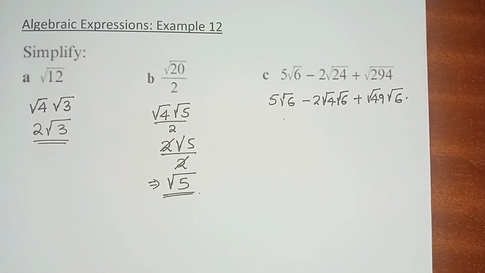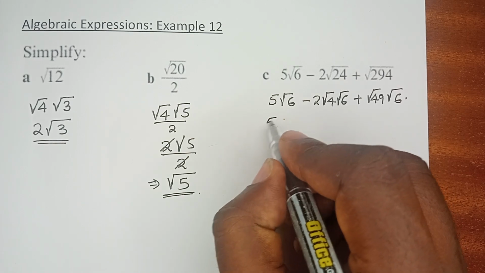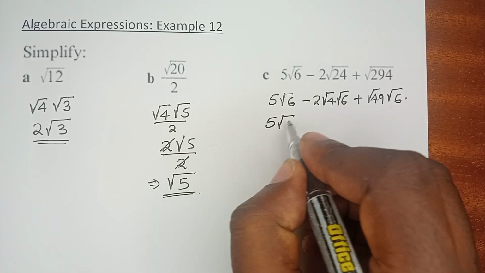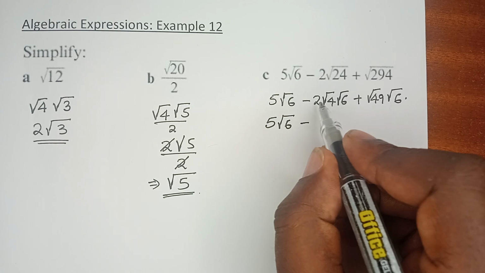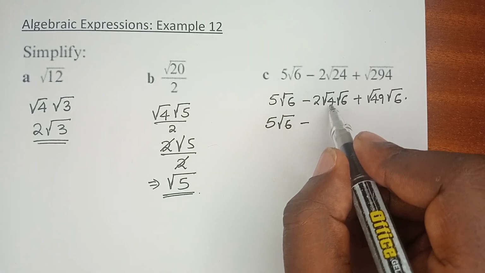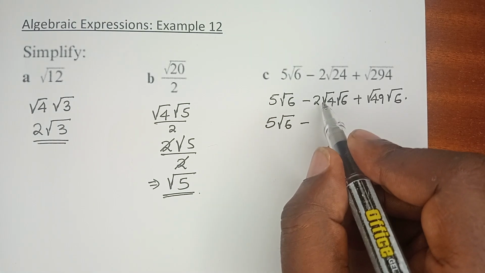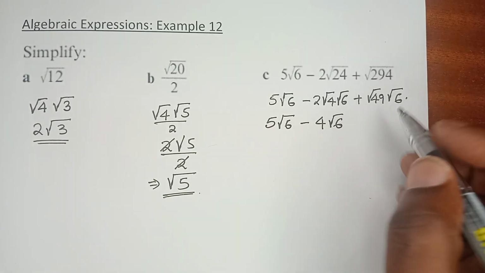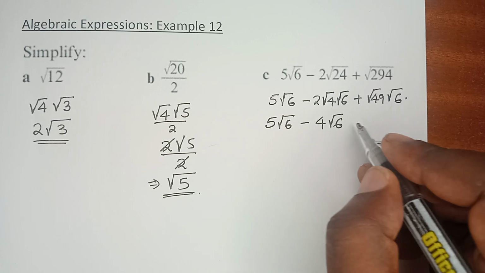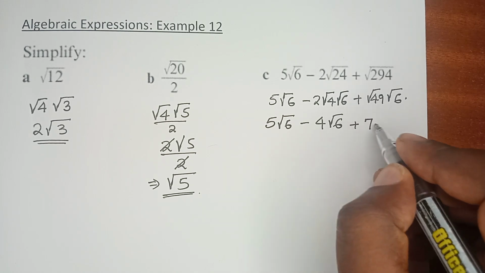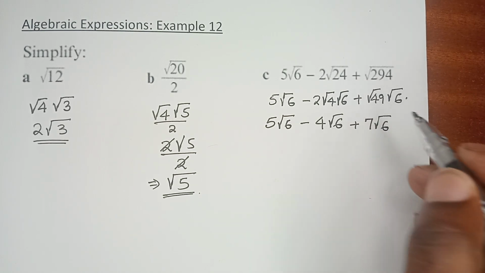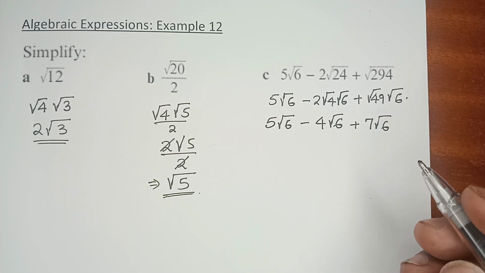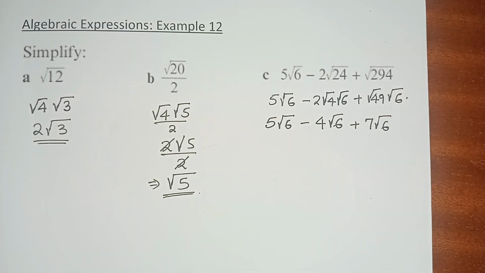So the root of 49 times the root of 6. Let us now get the square root. This one remains 5 root 6, minus 2 times 2, because root 4 is 2, so minus 2 times 2 is 4 root 6. And this is plus 7 root 6, because the root of 49 is simply 7. And therefore,